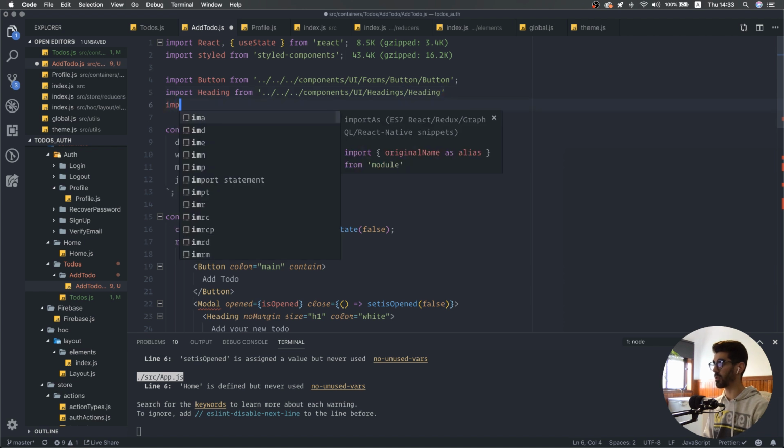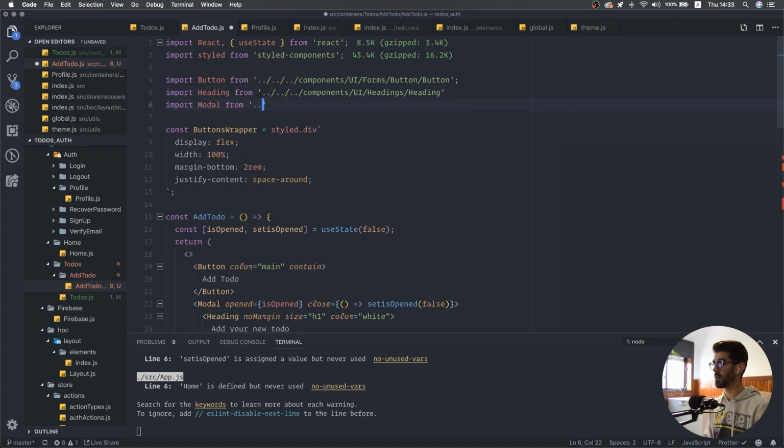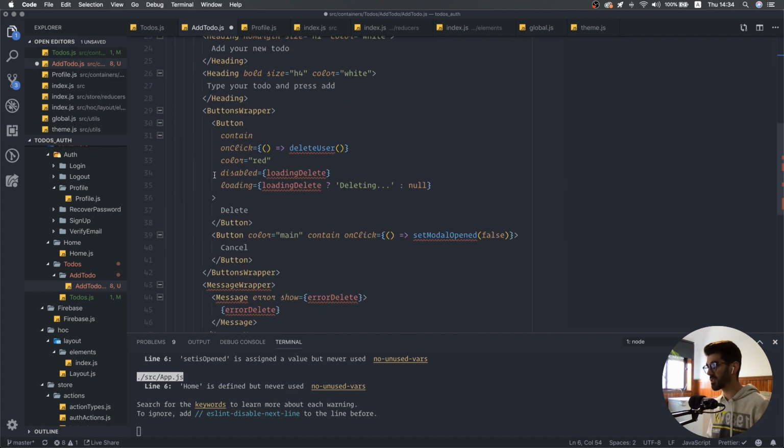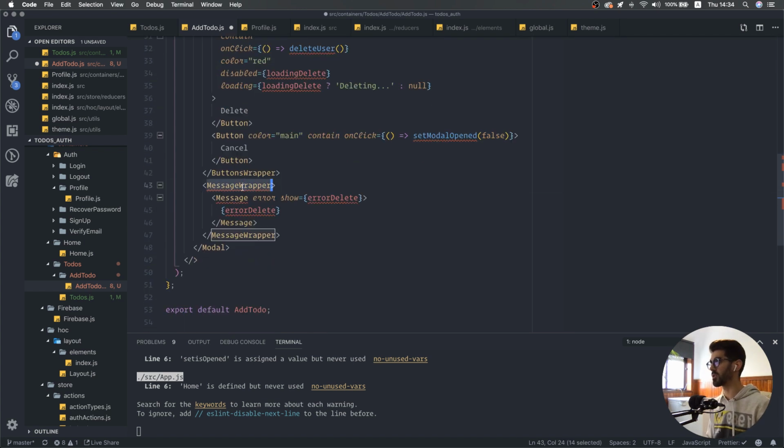We can import our model, so import model from components, UI, model. And we can already import our messages, right, because we want to show some message if it fails or